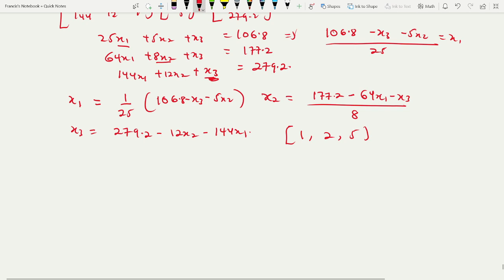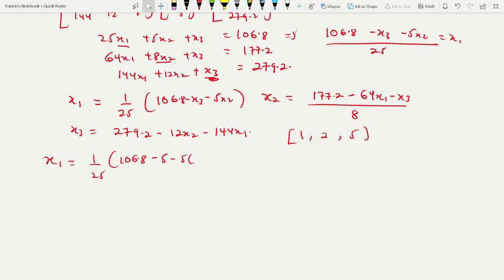So my new x1 value will simply be equal to 1 over 25 multiplying 106.8 minus the x3, which is 5 here, right? So the x3 is 5. So minus 5 multiplying x2, which is 2, like this. So writing this, the answer here is equal to 3.6720. Then the x2 is equal to 1 over 8